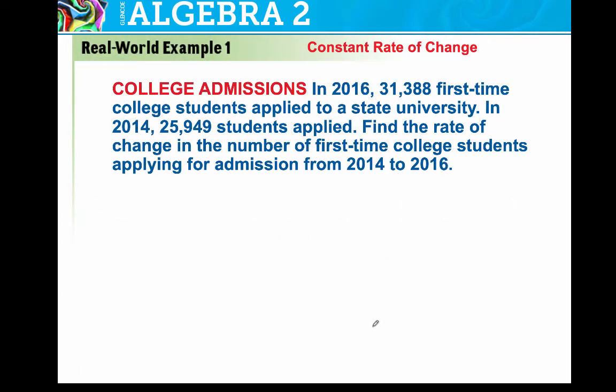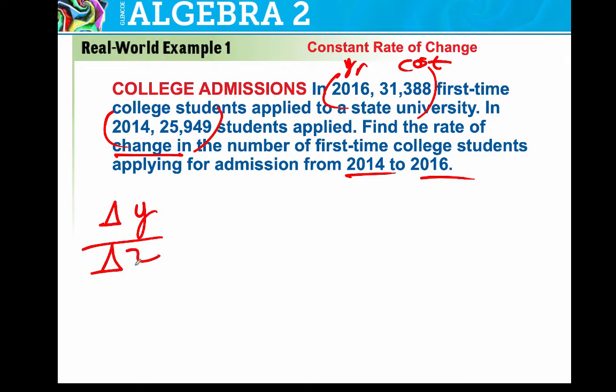College admissions. College is expensive. 2016. So these are kind of like ordered pairs, right? You have a year and then you have a cost. You have a year and then you have a cost. And over here you have a year and then you have a cost. Find the rate of change between 2014 to 2016. Well, it's really change in y over change in x. Remember, the Greek symbol delta means change in. So we're going to do